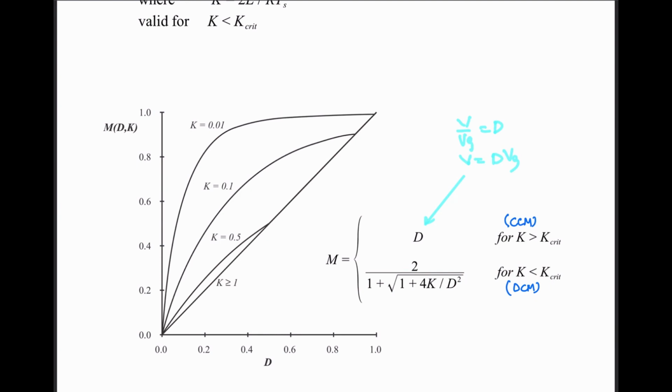So now let's sketch this one. If the value of the K is varied along with the D, you can see the graph giving you the gain. When the K is greater than or equal to 1, your circuit will be operating in the CCM mode, so you will be over here somewhere. But if you decrease the value of the K, then the circuit gain will be like that. This is for K equal to 0.5, this is K equal to 0.1. If you keep the value of K equal to 0.1 and change the duty cycle, you can see over here the gain is going to vary like this.